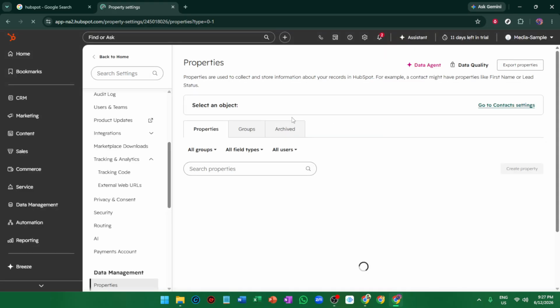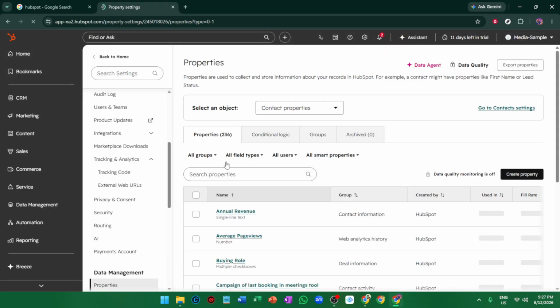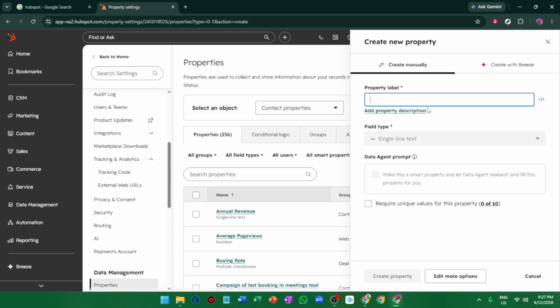Next, open your form builder by going to Marketing and then Forms. Edit the form you want to use and drag your new UTM properties onto it. After adding them, click each UTM field and set it to hidden. That way, visitors won't see those fields, but HubSpot can still capture the values from the URL automatically when the